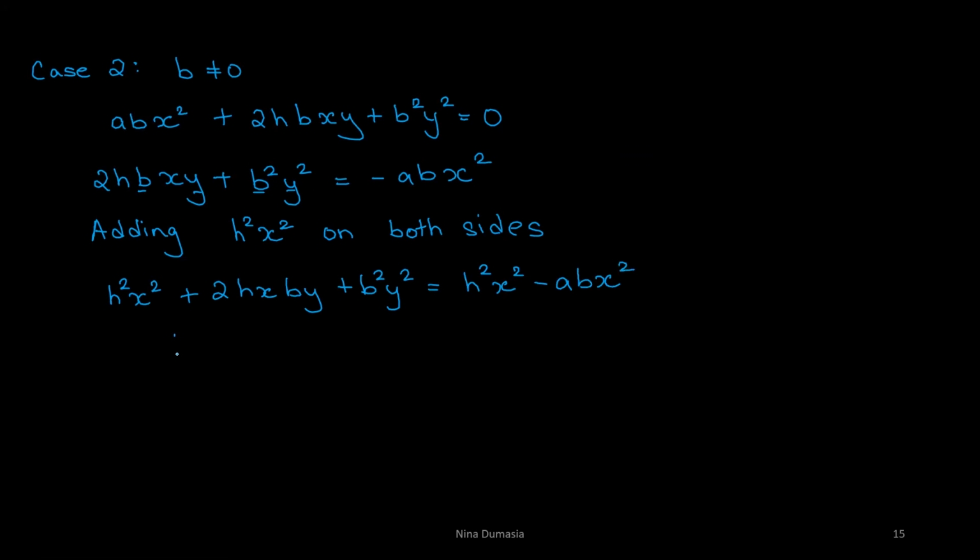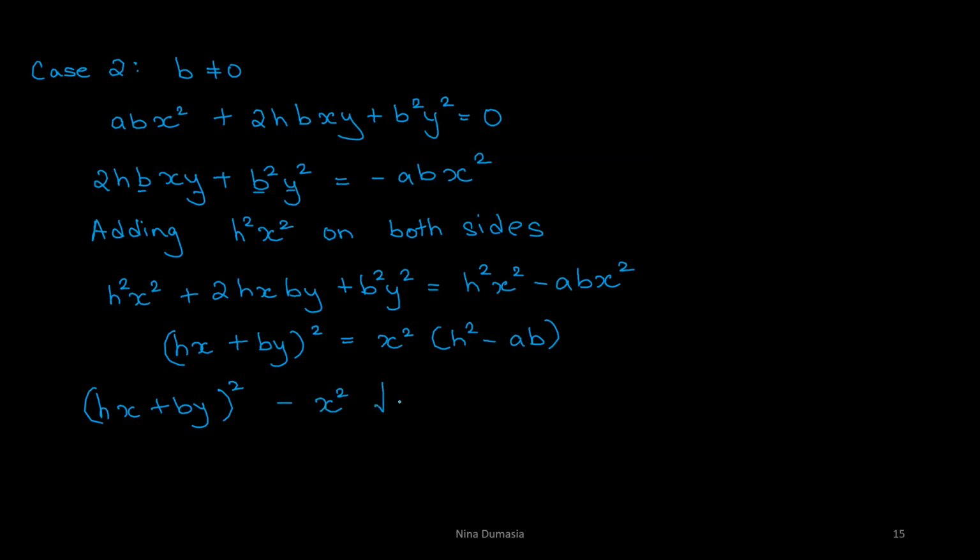Okay, and now what I will do is on the left hand side I basically have hx plus by the whole square. Right hand side पे I can take x square common and I have h square minus ab. Okay, so basically now what I will do is I will take this to the other side, fine, and here I have that hx plus by the whole square minus x square into ये जो टर्म है ना मैं ऐसे लिखती हूँ h square minus ab का स्क्वायर रूट एंड इसका फुल स्क्वायर, ये होगा h square minus ab ओनली ना,